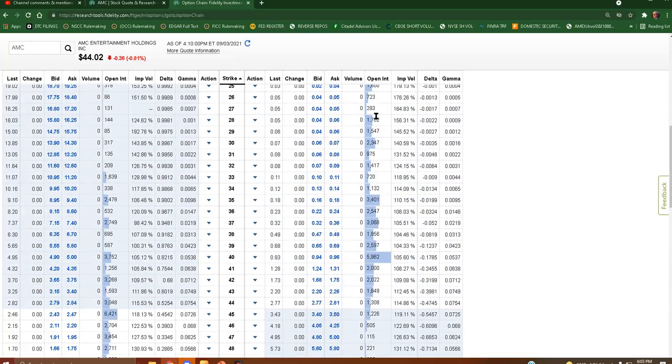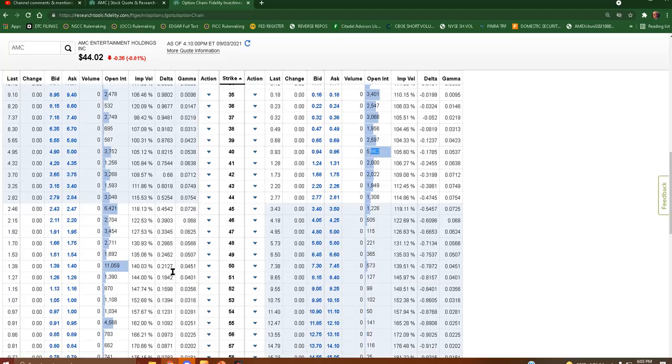So again, you can think of open interest on the put side right here as support. When you see open interest right here, it's likely that they're selling puts at the $40 strike, meaning this is bullish for AMC. And now it's the opposite when you look at the call side. So for example, here, we can think of this as resistance, especially when there's no volume there. Same thing here for the $50 strike point.